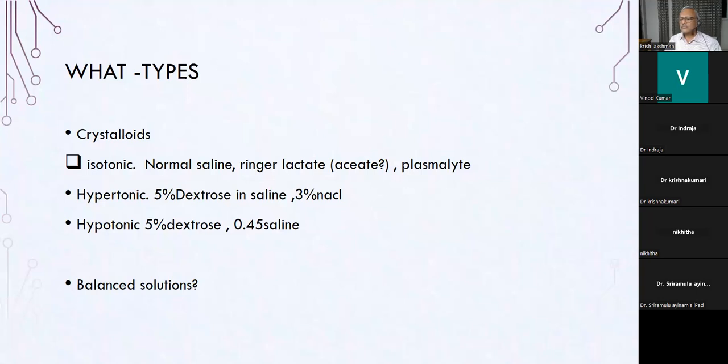Yes, sir. Ringer lactate, which has been used since long, is a physiological solution. The major metabolism of Ringer lactate happens in the liver, which converts the lactate into bicarbonate. Ringer lactate is not used in shock now because it has been shown to have very adverse effects. So they came up with Ringer acetate, which is metabolized in the peripheral muscle into bicarbonate, and it is very safe to use in shock situations, and it's mostly advised in lactic acidosis